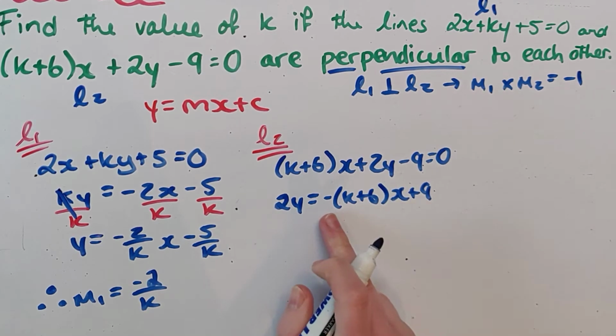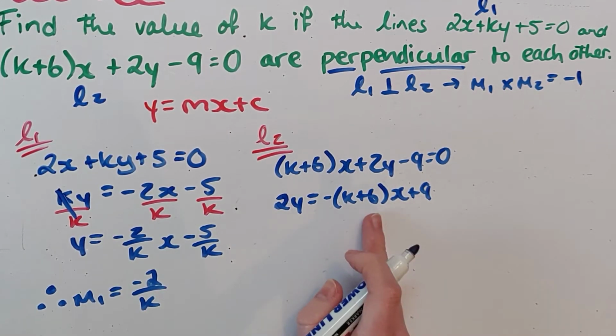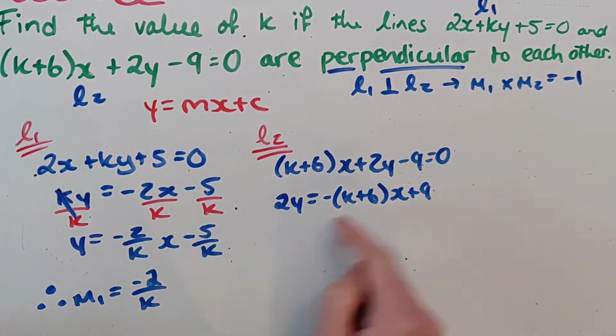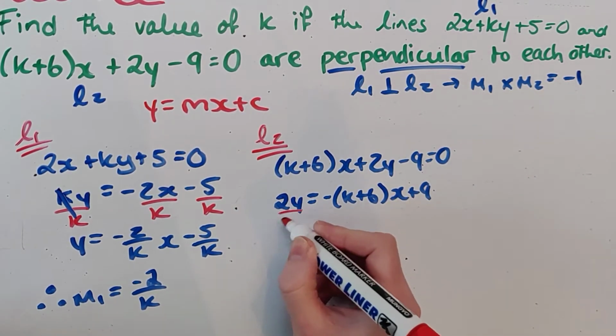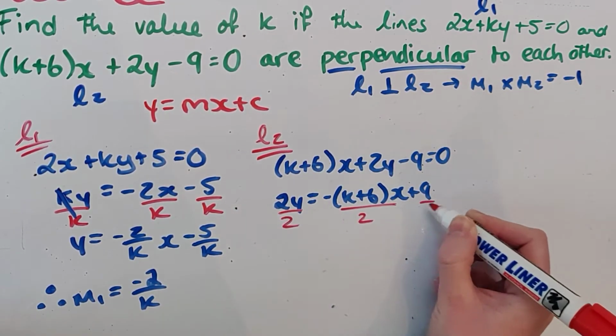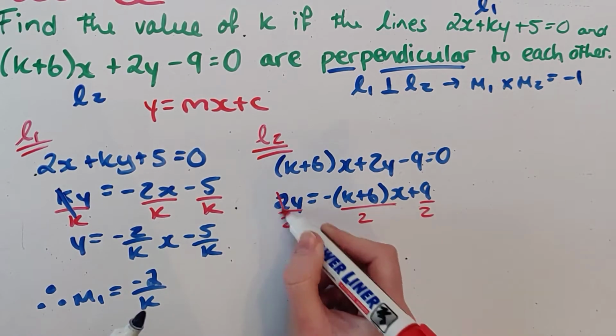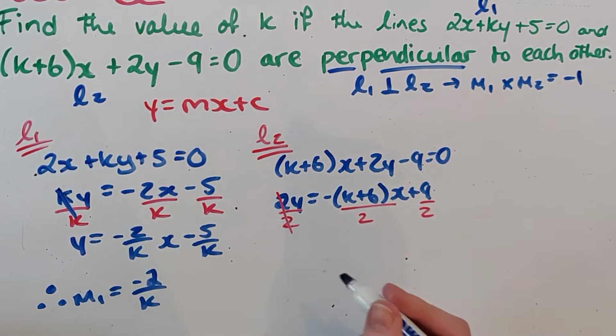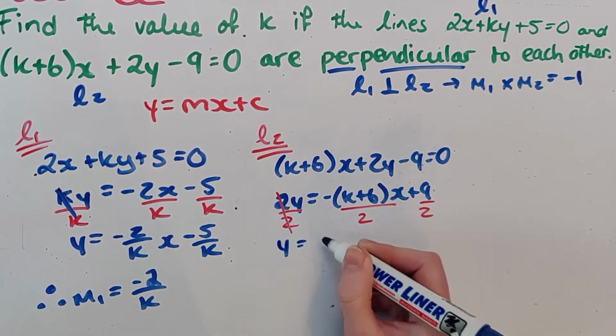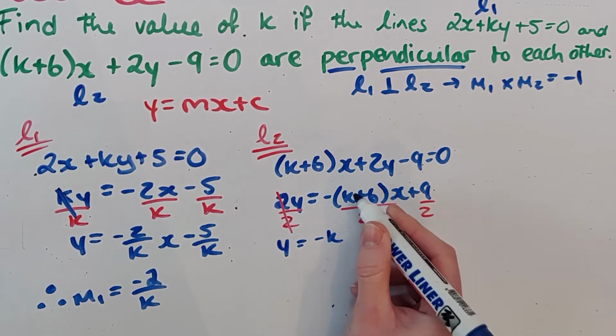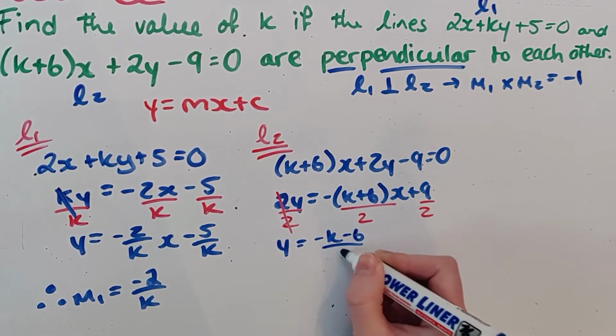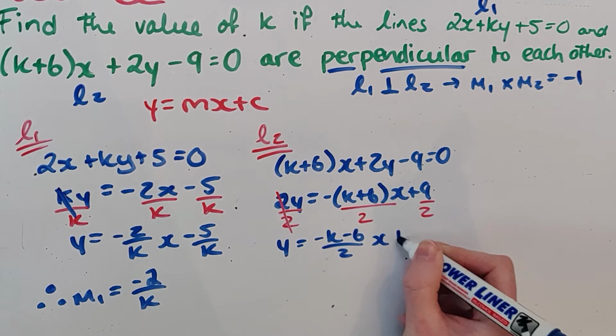I leave the minus on the outside because it applies to the k and it applies to the 6. So now to get y fully by itself, I'm going to divide everything here by 2. So I'm going to divide each term by 2. They cancel on the left hand side. And what I get is y is equal to minus k minus 6 all over 2 x plus 9